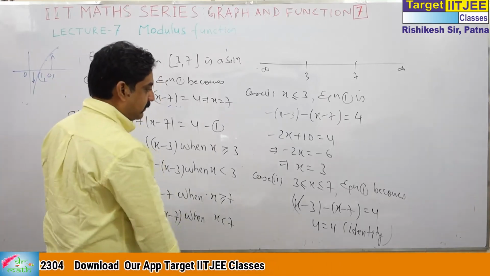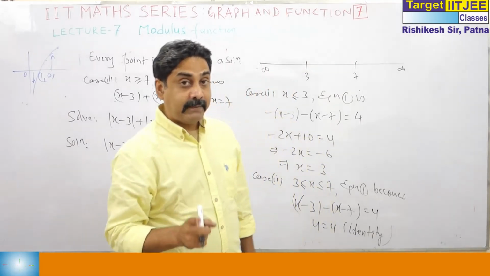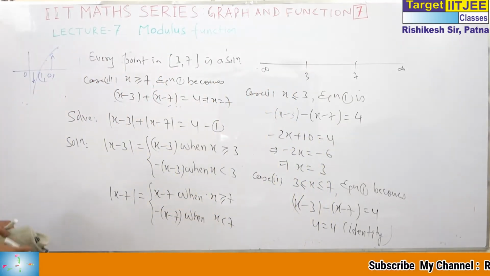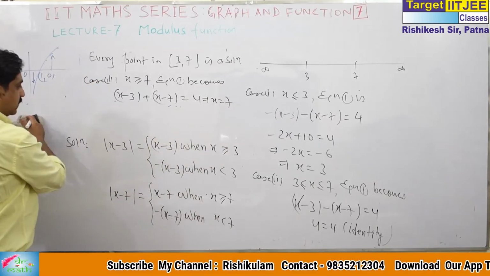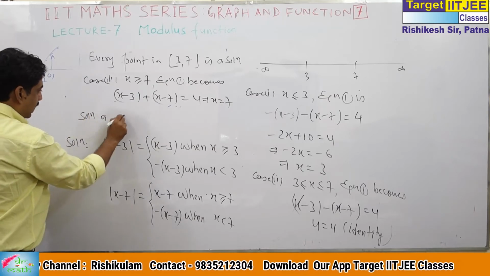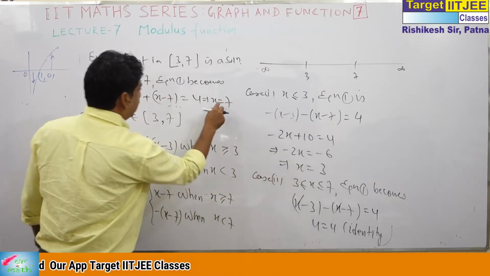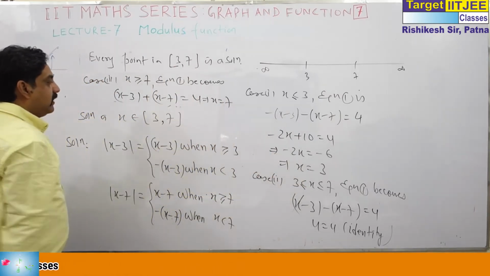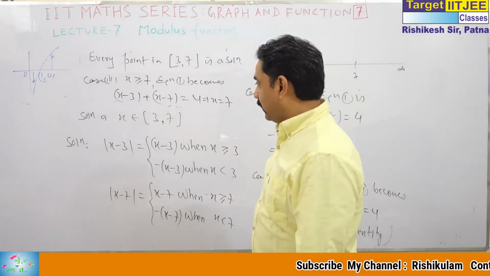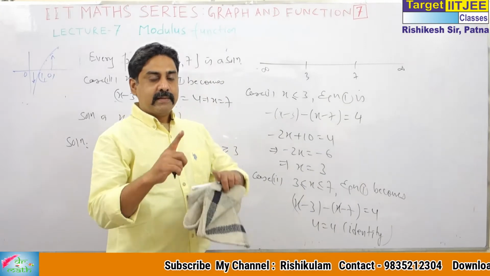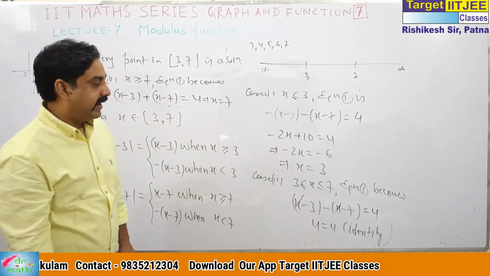So what is the final conclusion? Condition is very important in modulus. That I have told earlier. So what is the main solution? The solution is x belongs to 3 to 7. From here we can take 3, from here we can take 7, from here we can take 3 to 7, each part. So its solution line is 3 to 7. There are infinitely many solutions. How many integral solutions are there? 3, 4, 5, 6, 7. 5 integral solutions, infinite solutions.